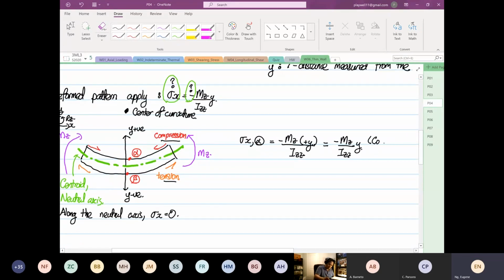Right? So if you look at stress x in the x direction at point B or at point beta, this will equal to minus Mz bracket minus y now. Why minus y? The y direction is from the what? From the neutral axis, and it's pointing away from the what? Center of curvature. So this is over Izz. So this will be equal to Mz